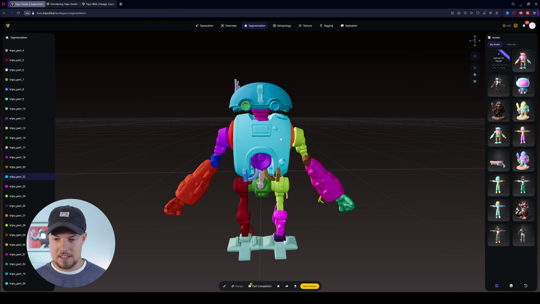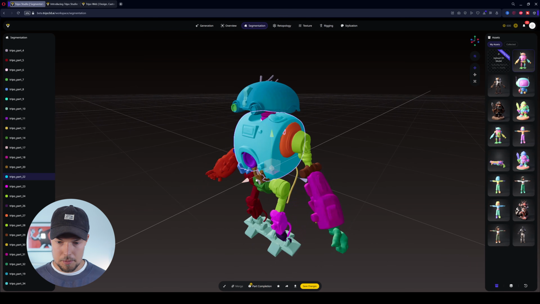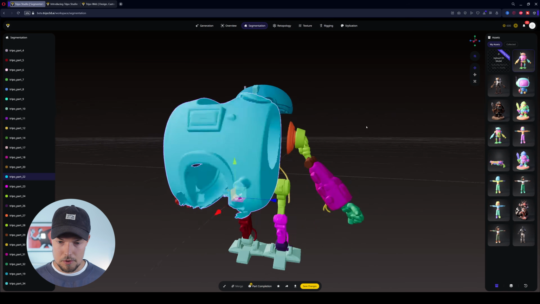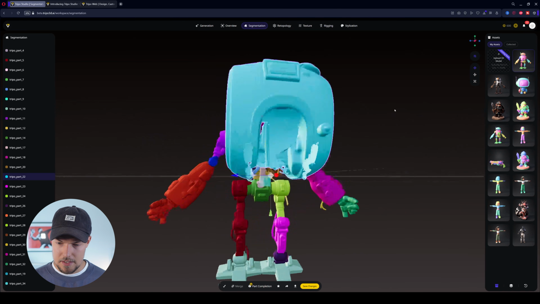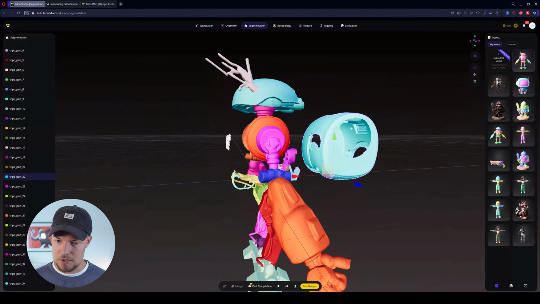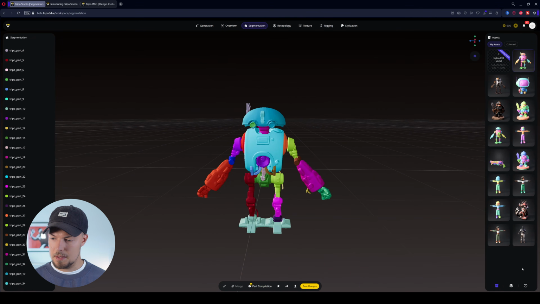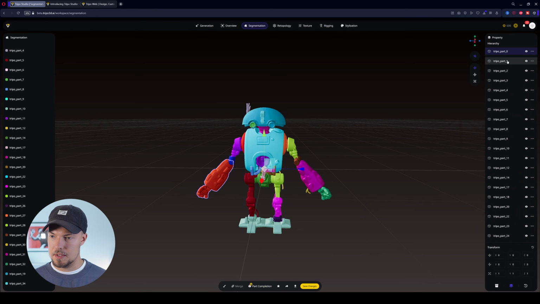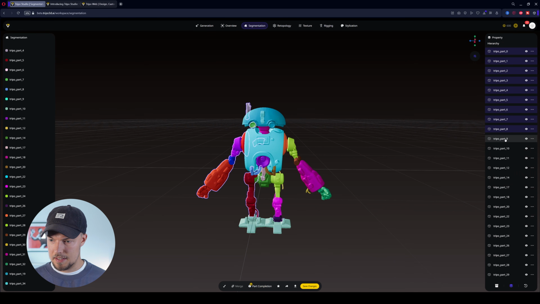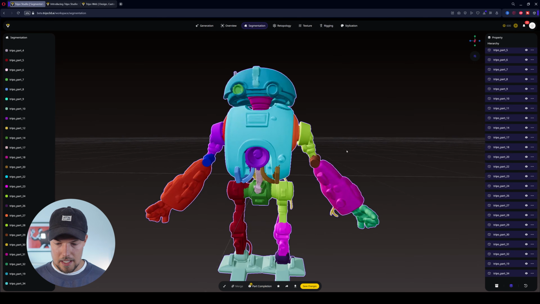Okay, great. And once it's saved, as you can see, we now have Tripo Part 22, and that's the whole mesh. But as you can notice, there are still some holes in the mesh, and this is obviously not nice. To fix that, I most of the time simply select all the parts here. So I will go down the whole list and select everything with Control,